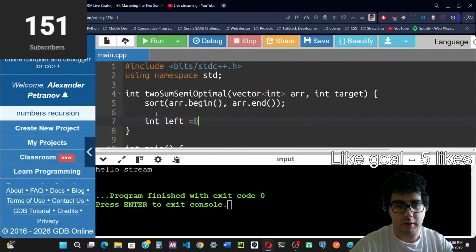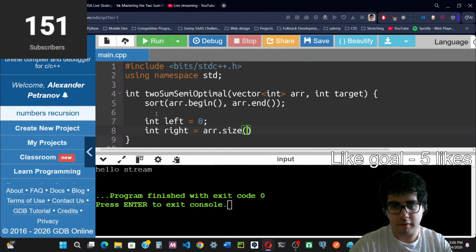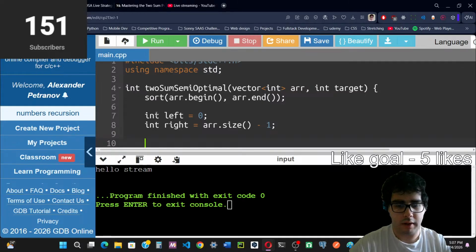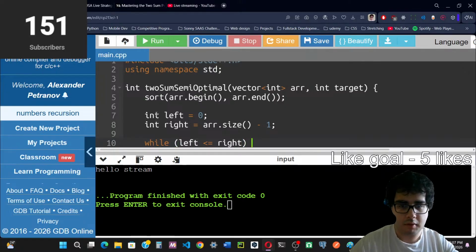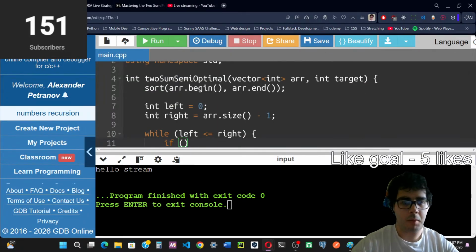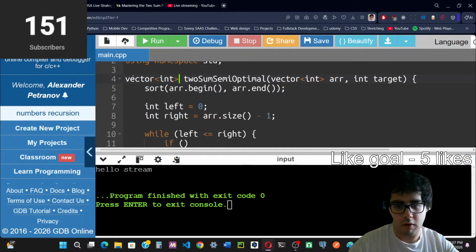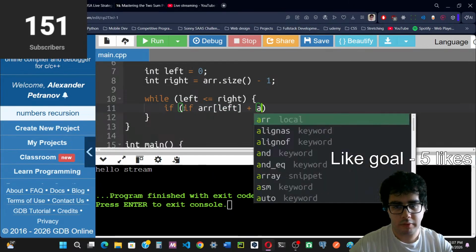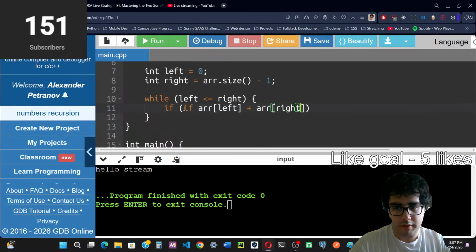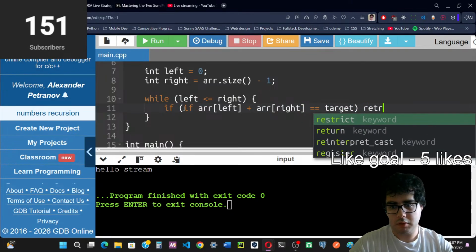Okay, first we sort the array. Then we have a pointer left equal to 0, and right equal to the size of the array minus 1, so the last index. Now, while left is less than or equal to right, actually this is not an int, it's a vector. We're gonna return an array with two values in it. So if array of left plus array of right is equal to the target, we are just gonna return the